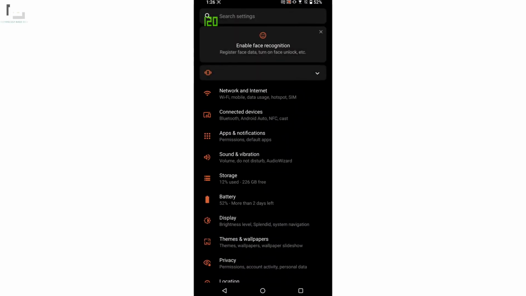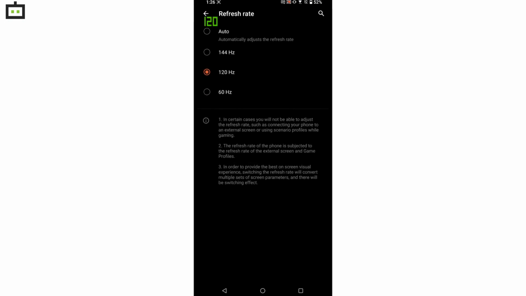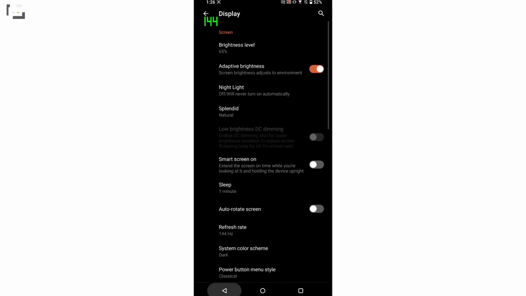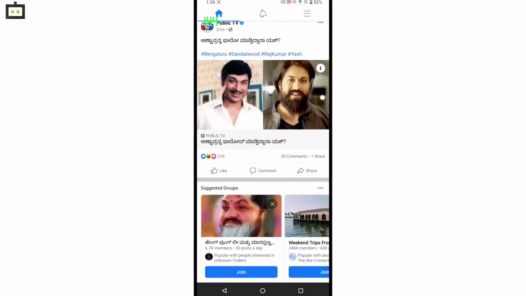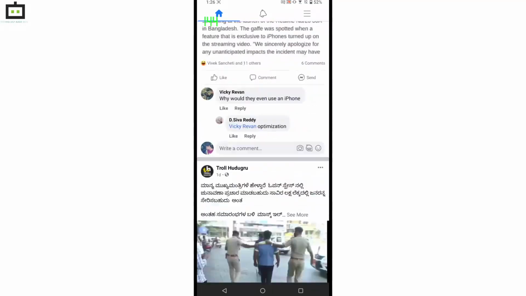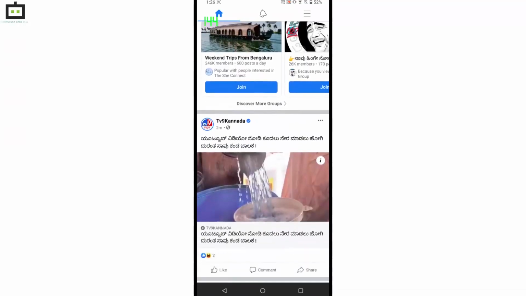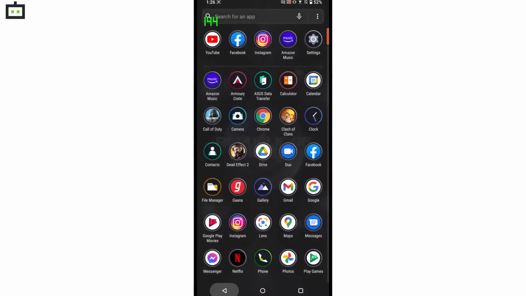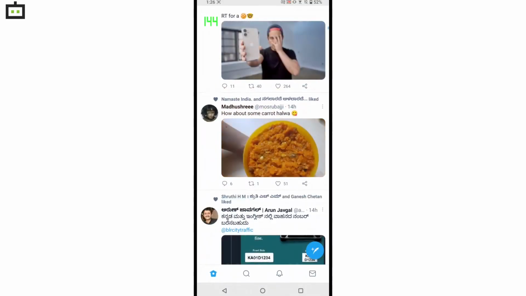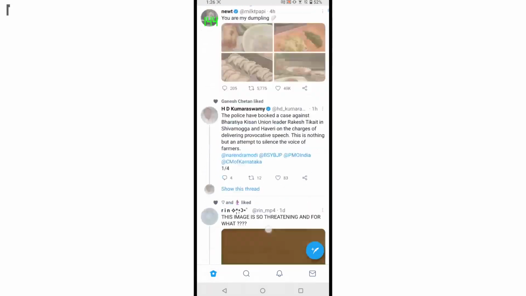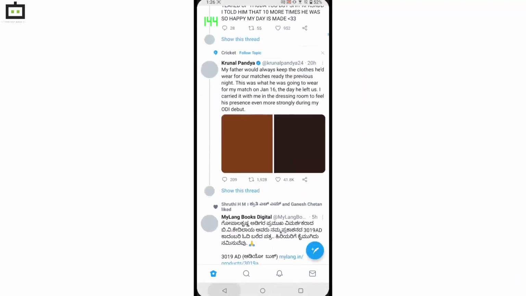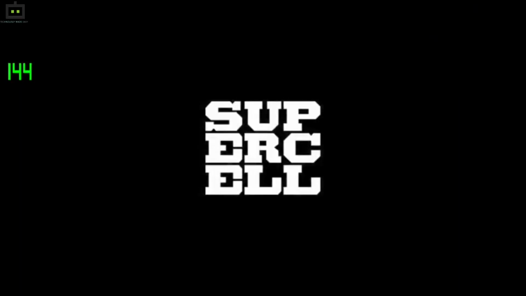Now, as you can see, this is currently in the 120Hz refresh rate, and if I go back and change to the 144Hz refresh rate, scrolling on social media sites like Facebook and Twitter will feel much smoother when compared to 60Hz and 120Hz. This again depends on the actual refresh rate that is being offered on the specific app or game. So with most social media apps, we can actually utilize the 144Hz refresh rate to get a